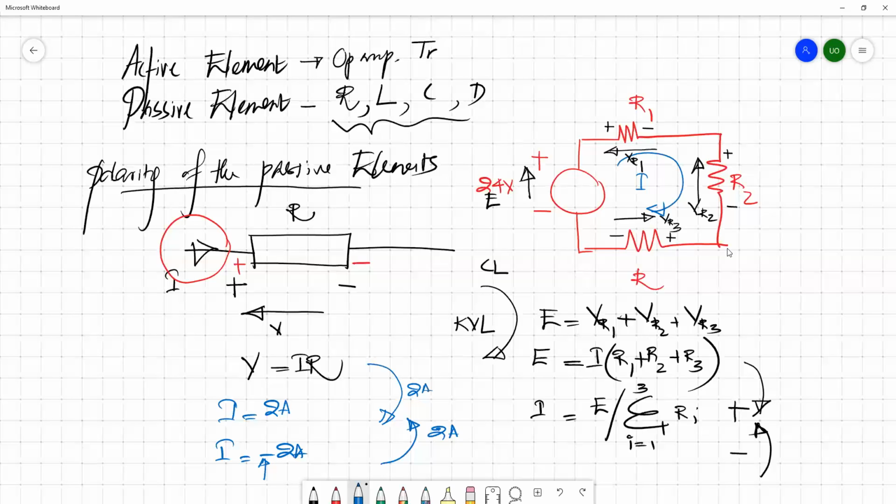Once you mark the polarities of these elements, we can simply apply Kirchhoff voltage law and find out whatever the unknown quantities are. Similarly, you can apply Kirchhoff current law as well, like in the slide. The slide basically explains the Kirchhoff current law and how you apply it. And keep in mind,